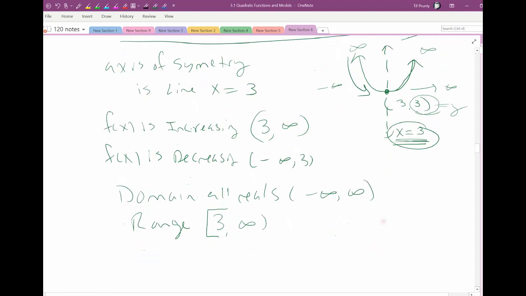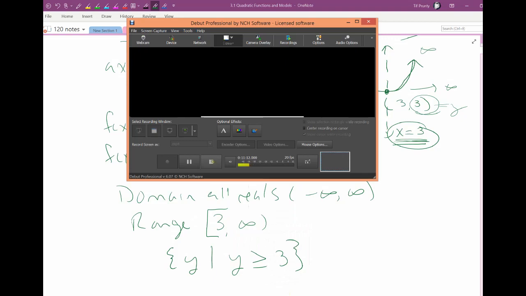Including 3, it exists at 3, or if I use the other notation, all my y values, my function values, are greater than or equal to 3. They're all bigger than or the same as 3. 3 is its smallest, and then on both sides of 3, it gets bigger, shooting off to infinity. Alright, so that's a bunch of information that I can determine based on the graph of the function. So we'll